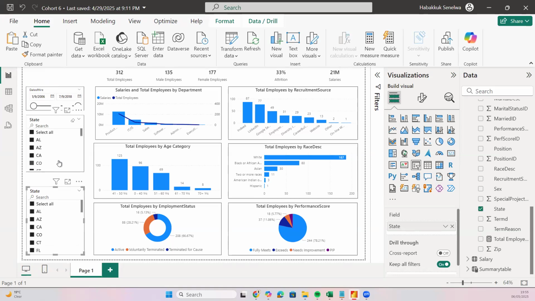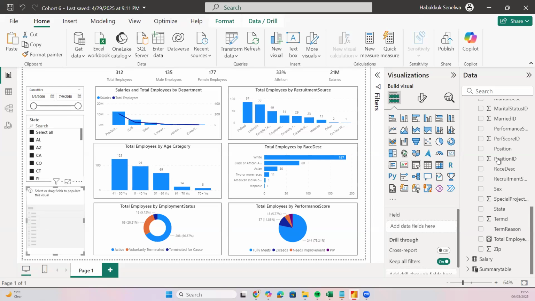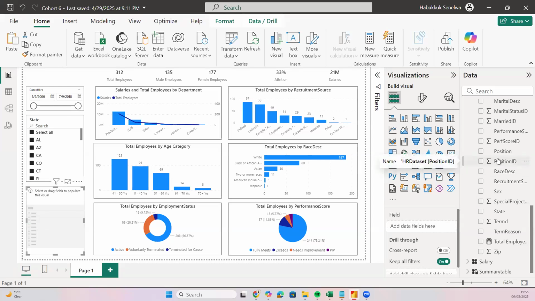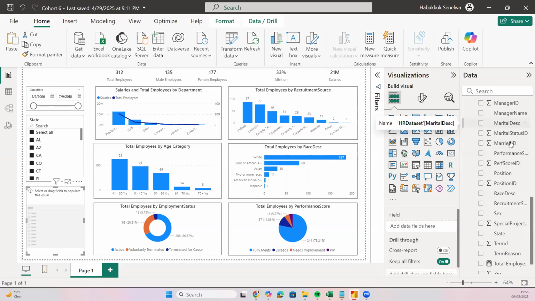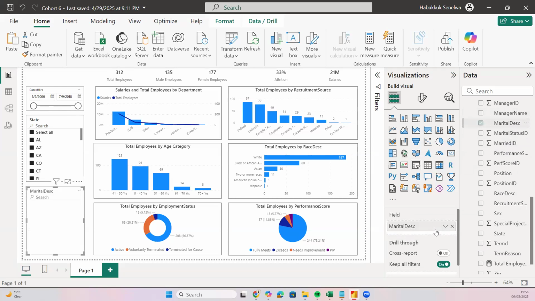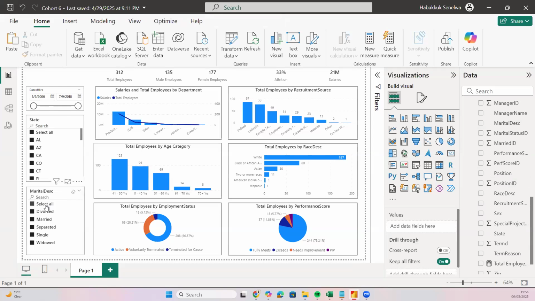So at least we need to ensure these ones are almost the same size so that we have similar slicers. I can change this one instead of using the state, maybe something we have not used. I think you have the race here. Okay, the marital status. So we can add maybe the marital status description over here so that if someone is filtering through a dashboard,